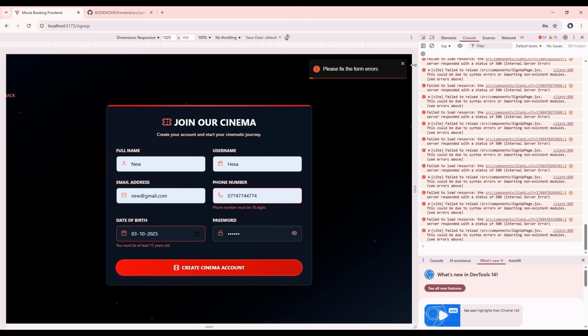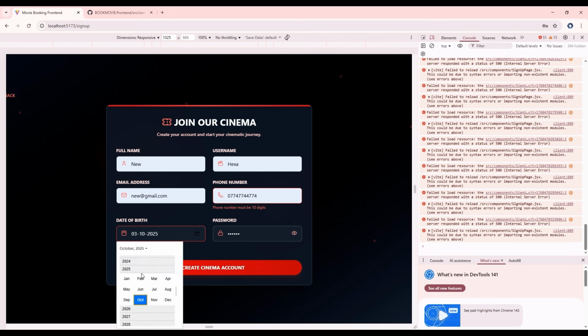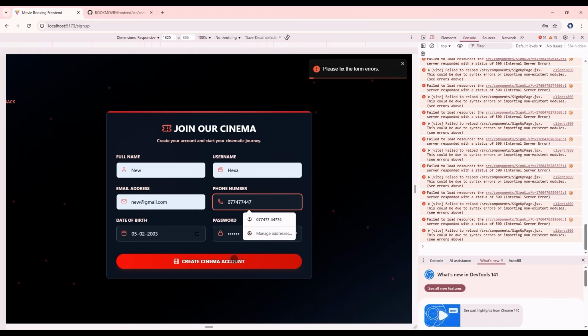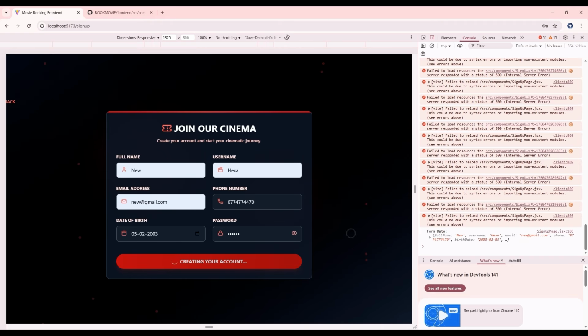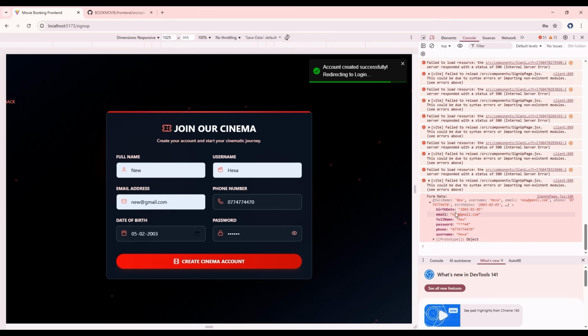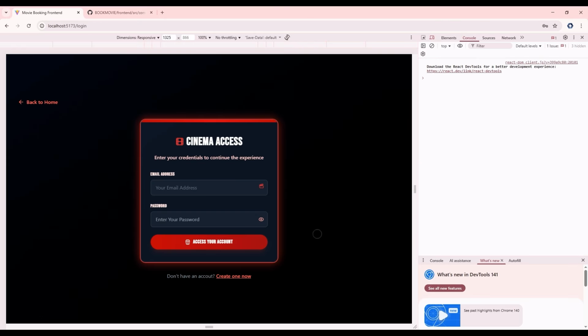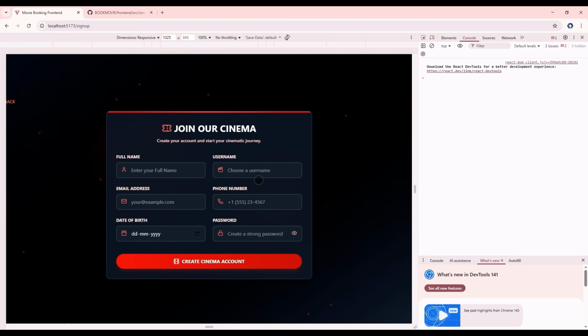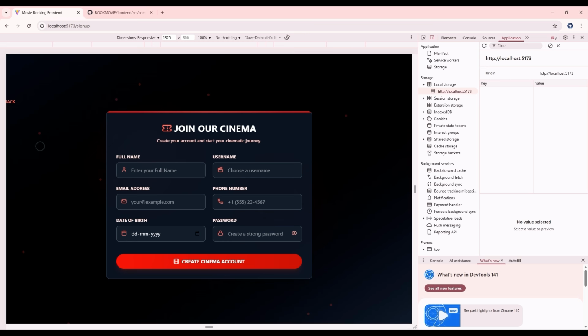So it shows the error, that is you must be at least 13 years. So for that, let me just go up and select a previous year, and it shows that fix the form error, digit must be 10. So now you can see this form data is present here, and now it takes us to our login page here. So now this functionality is also working fine here, and in application there is nothing